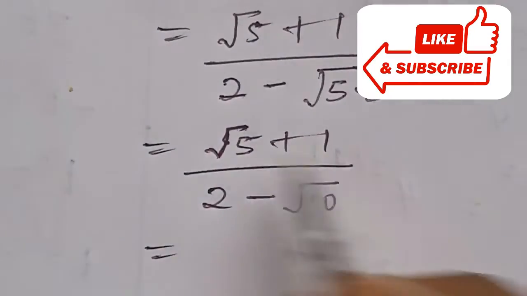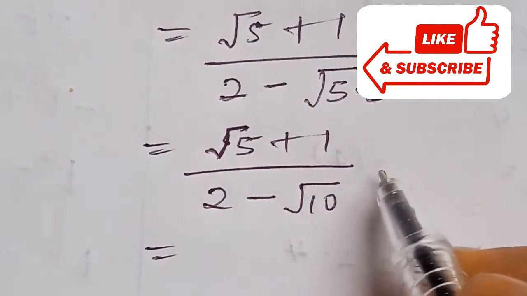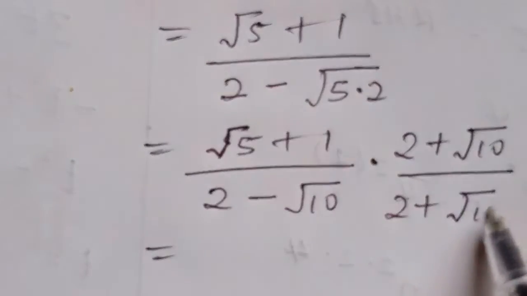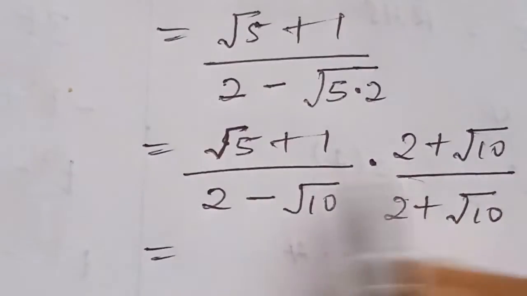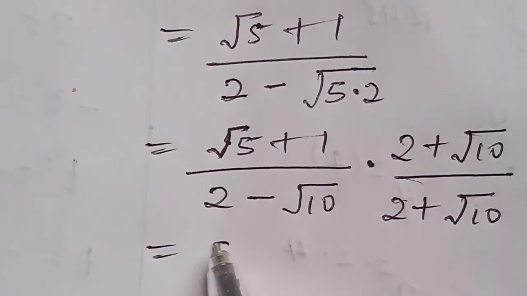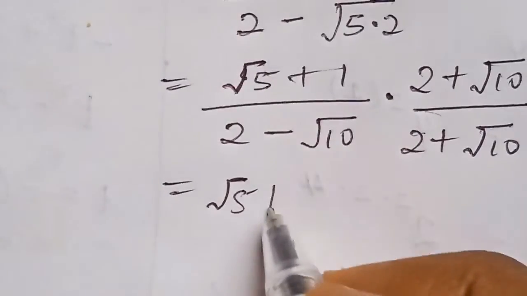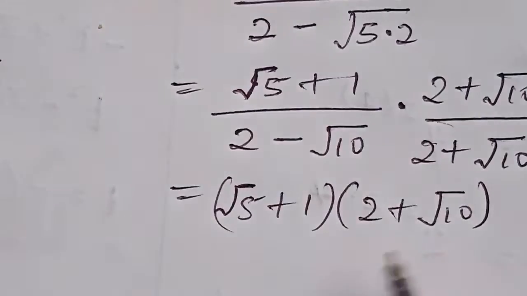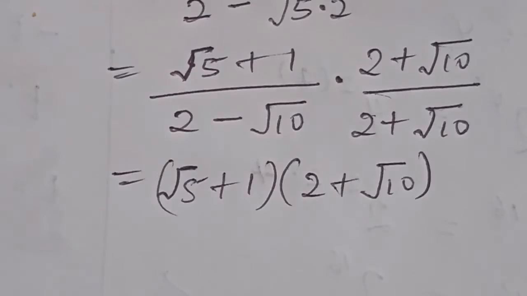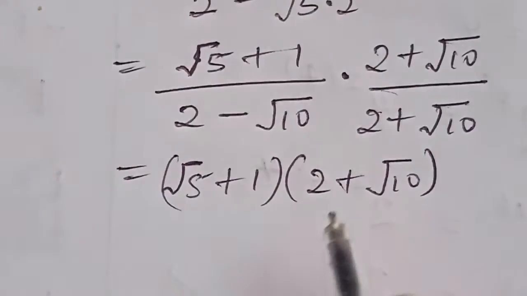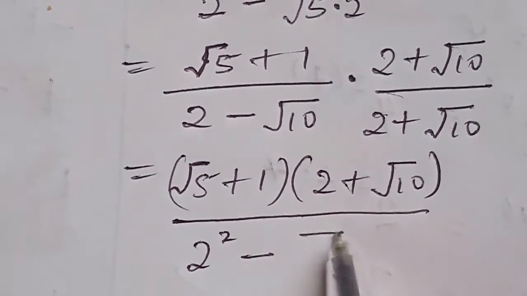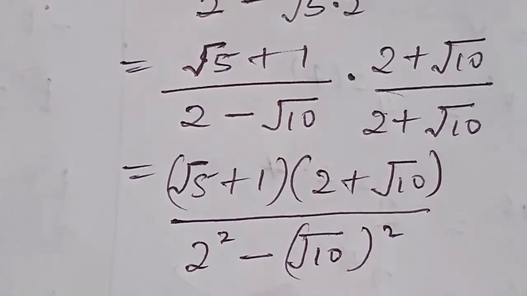So here we multiply this by the conjugate of the denominator. This multiplied by 2 plus square root of 10 over 2 plus square root of 10, and this is simplified as square root of 5 plus 1 into bracket 2 plus square root of 10, and the whole of the denominator can now be written as 2 squared minus square root of 10 squared, and